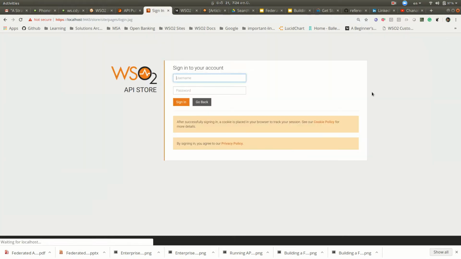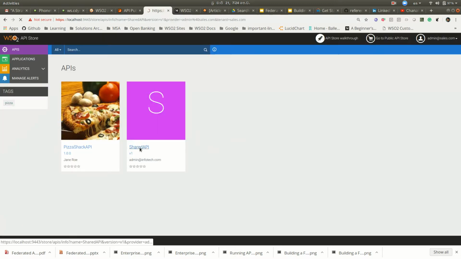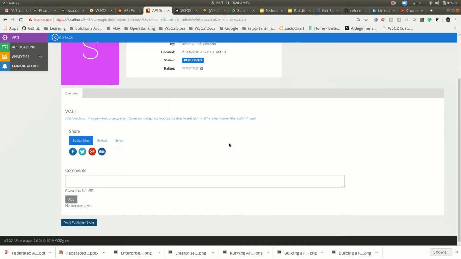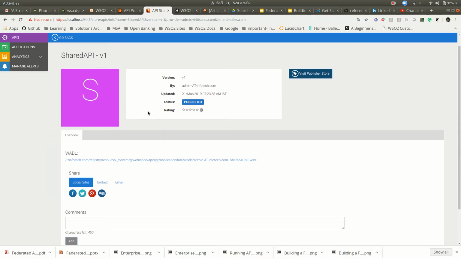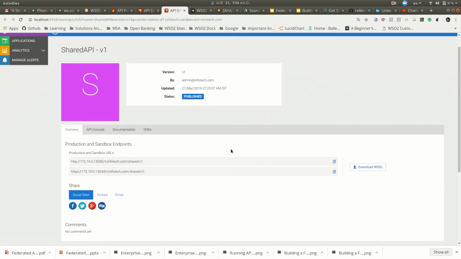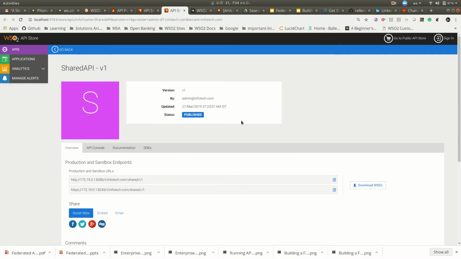If I log into the sales.com tenant, admin@sales.com, here I can see the shared API and I should be able to subscribe to it. So one of the key things here is, even though this API is visible in this tenant's API store, if he needs to subscribe to it, he has to go to the publisher store, which is the infotech.com tenant. Now he needs to go into this tenant and he can log into this